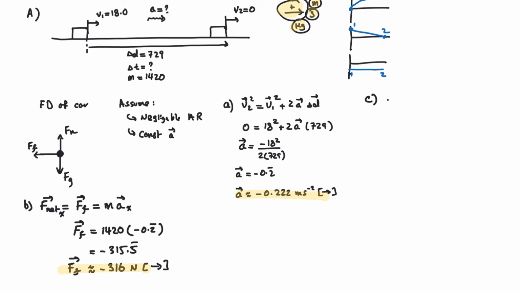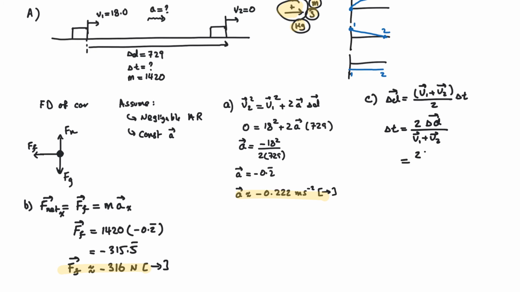The equation that I need is displacement is equal to the initial velocity, for me, that's velocity 1, plus the final velocity, that's velocity 2, divided by 2, multiplied by the time. I am going to rearrange for delta t, and that's going to equal 2 multiplied by the displacement over velocity 1 plus velocity 2,